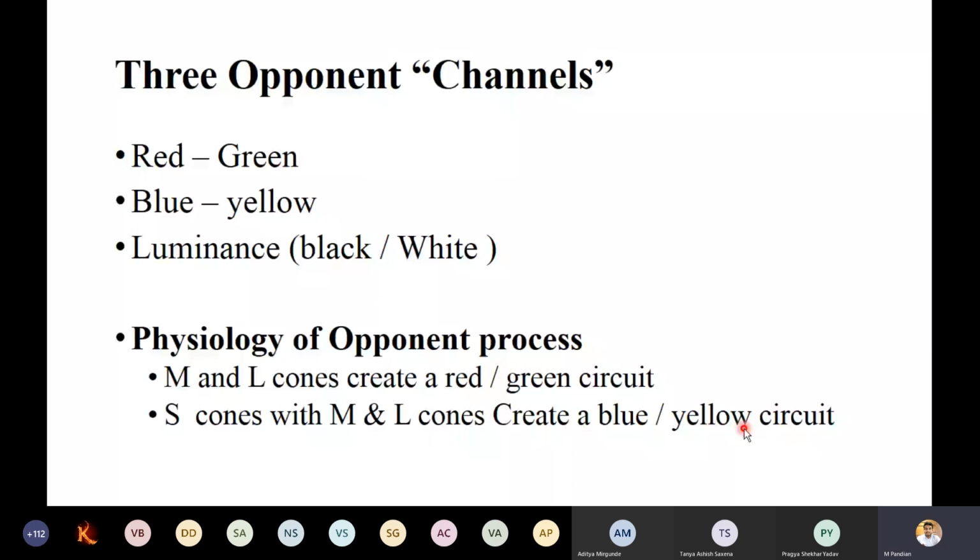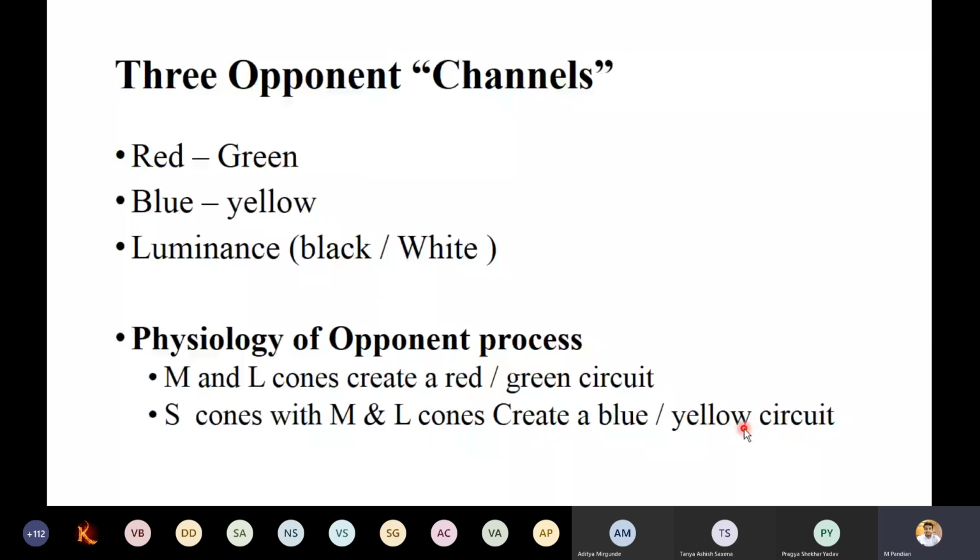Now apart from this, there is another opponent processor, that is M, L and S cones. The M and L cones create a red green circuit, and S cones with M and L cones create a blue and yellow circuit. What I try to say here is, if you stare at red color for a longer time and then change the field to a white background, it becomes green.